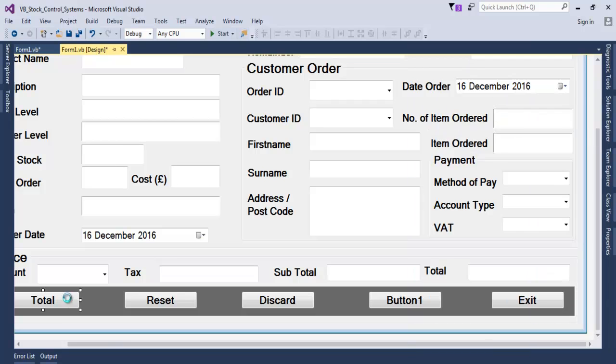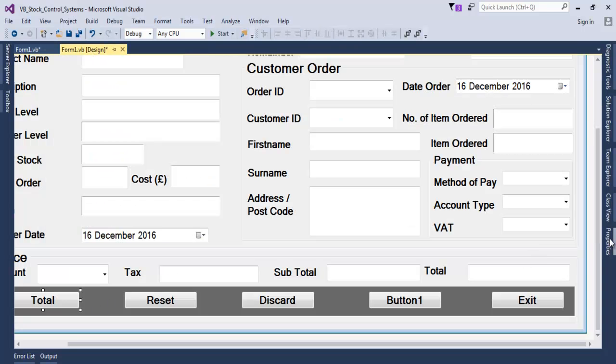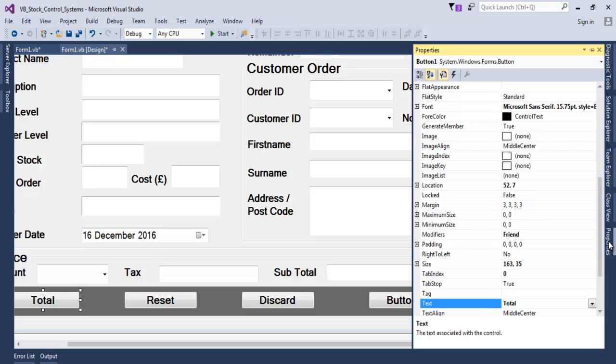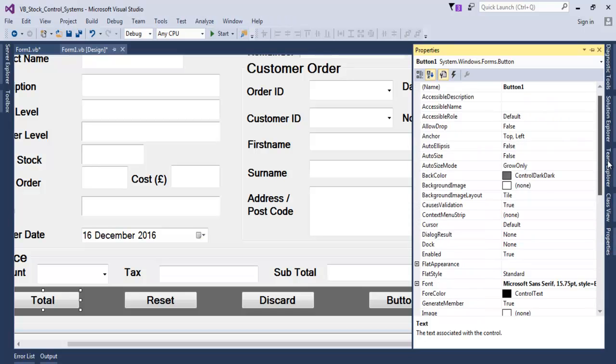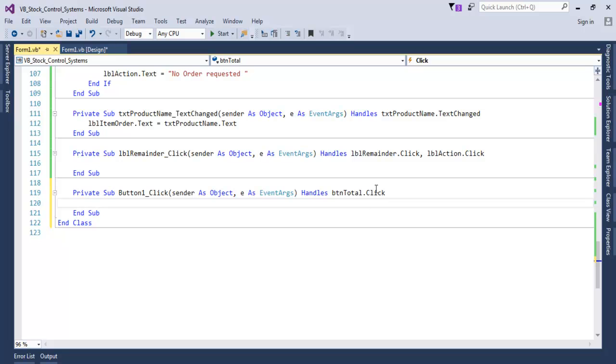Now double click on this, and let's enter that in there first. Oh, that has no name. Undo. And that becomes btn total. Double click on btn total and just enter the name in there. Let's copy and paste the name there so that I know what I'm doing. That's fine. And the other one is,